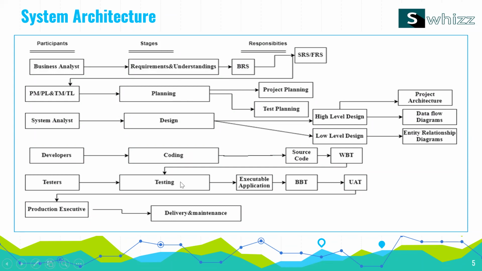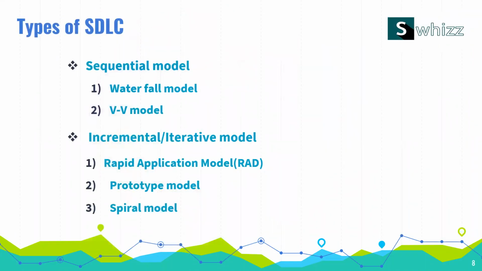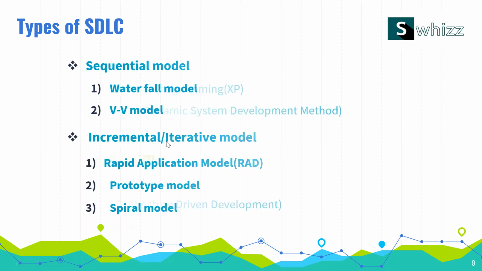In how many different ways can we do this? We can step down from one phase to the next phase, and so on, so how that development life cycle is implemented, we will discuss here one by one. So first we will move on with the sequential model. In that, the first model is waterfall and the second is the V model. Let's see the waterfall model, and one more model in the iterative or incremental category, that is the